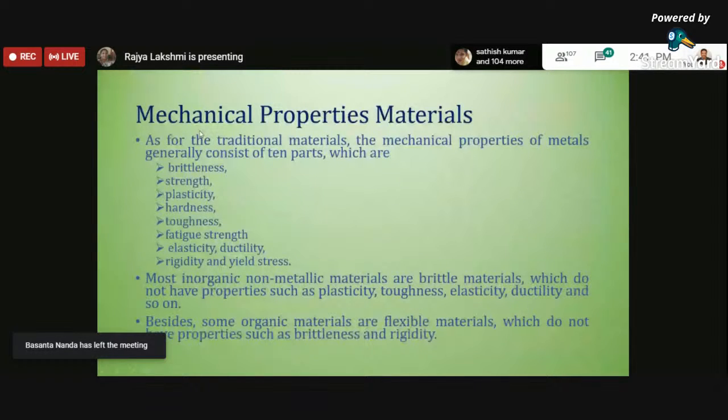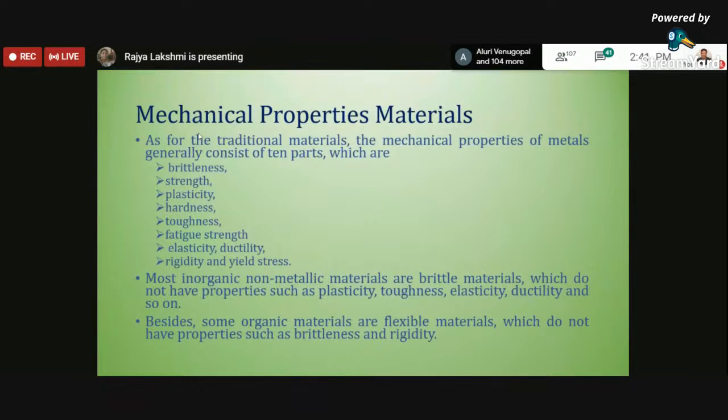When you take a product, for example, your mobile phone, you can ask immediately, a mobile phone is an electronic device, how is it related to mechanical things? Of course, we need to think. When you are calling on your mobile phone, all of a sudden if it falls down, there is some impact. So it is a mechanical impact only. How is your mobile phone sustaining this mechanical impact? If by mistake you place a huge object on your mobile phone or laptop or whatever it is, how will it sustain its properties or life, even though it is impacted with a huge load? So here you have to check it.